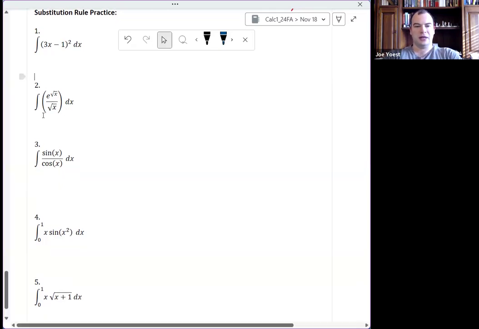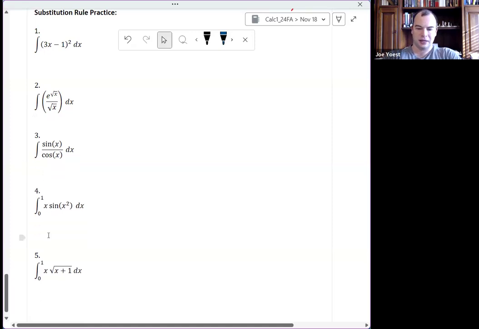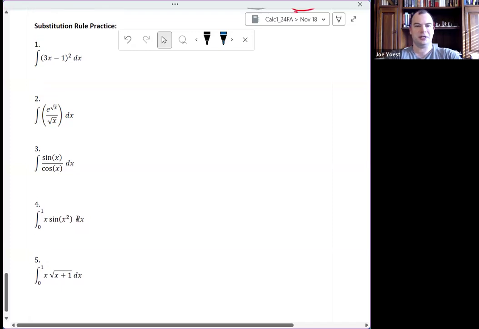So I think what we'll do is, I've got all 5 problems on the screen here. We'll introduce problem 1. I'll give you maybe 3 or 4 minutes to work through this one. We'll come back, we'll work through this one as a class. Then we'll take 3 or 4 minutes for problem 2 and go down the line. So I think that'll use up most of the rest of our time,